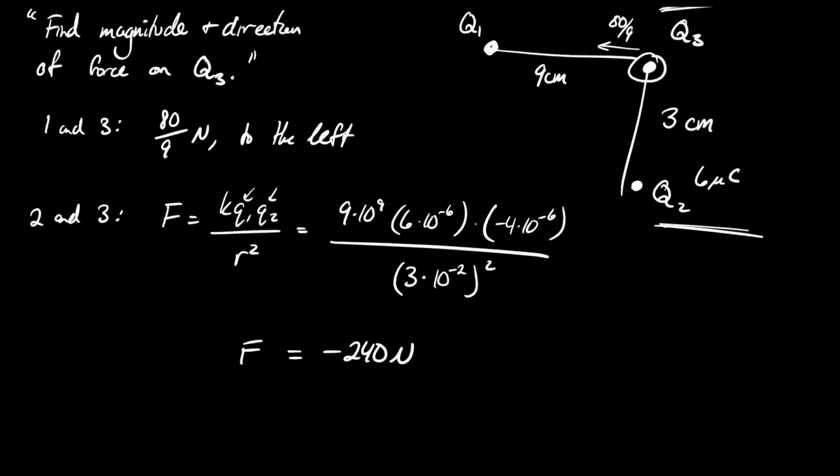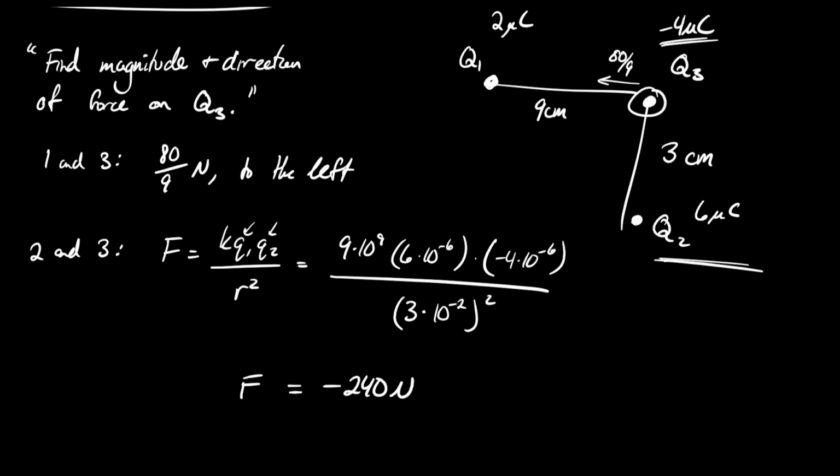Now, just to comment on the sign, the default for a positive answer would be away from the creator of the push, but we got a negative answer, so as we expected,